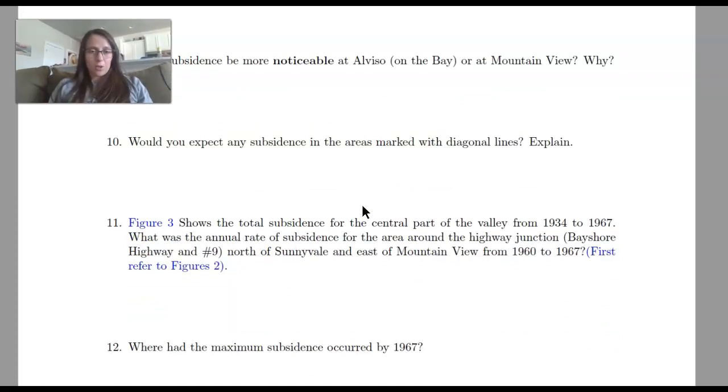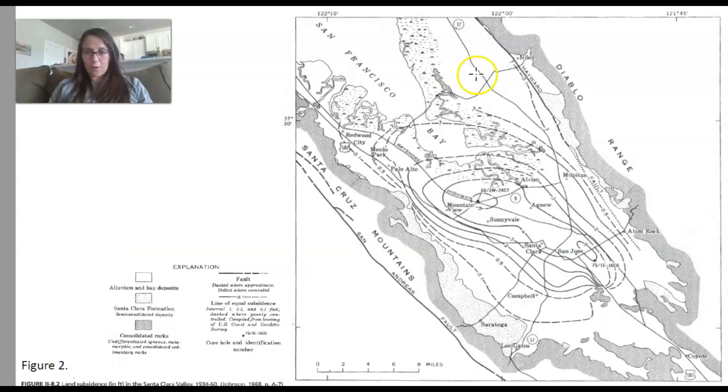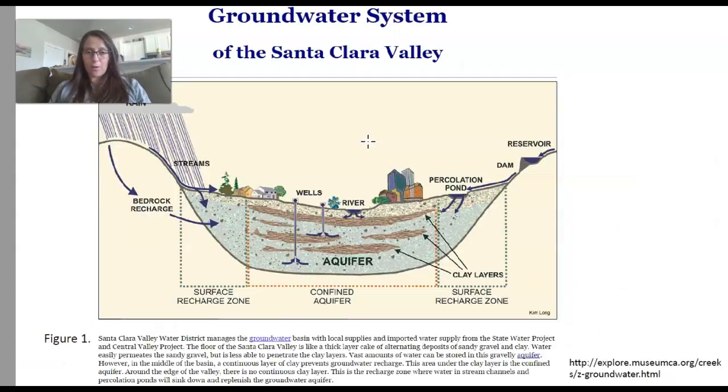Alright, and then would you expect any subsidence in the areas marked with diagonal lines? So those areas that they're referring to is this whole surrounding area, right? Pretty much where the Diablo Range is here, south of the valley, and then towards the Santa Cruz Mountains. So I'll let you think about that, and also based on this figure right here, you should be able to